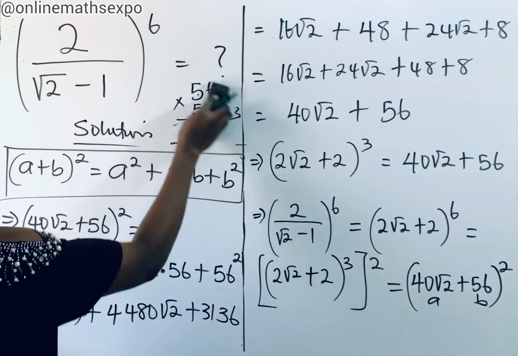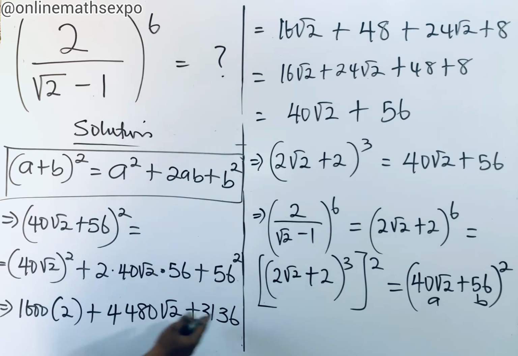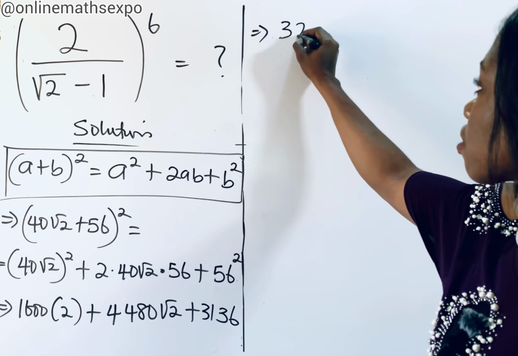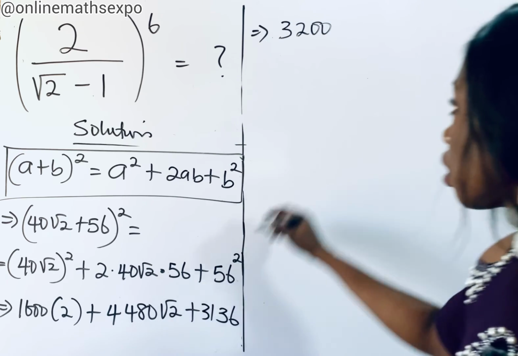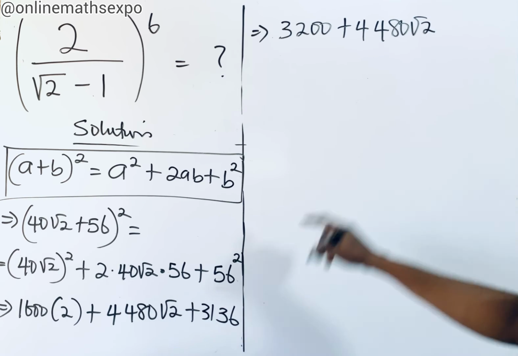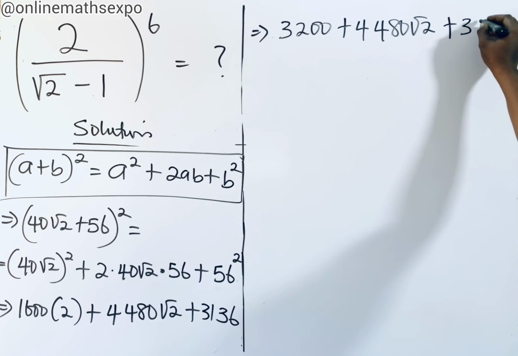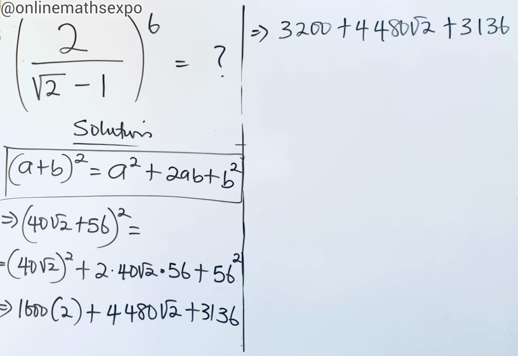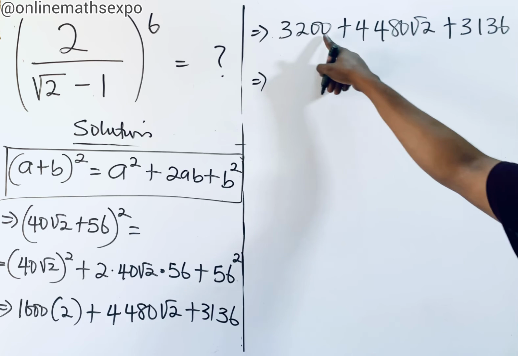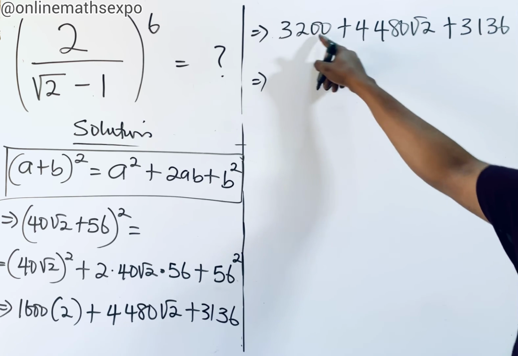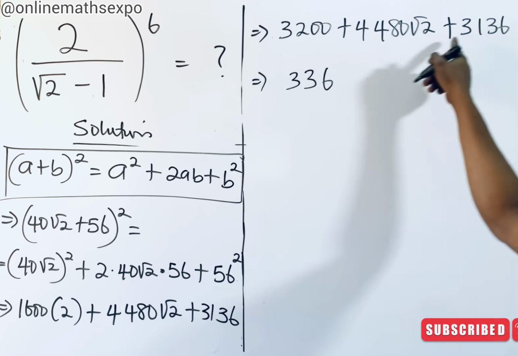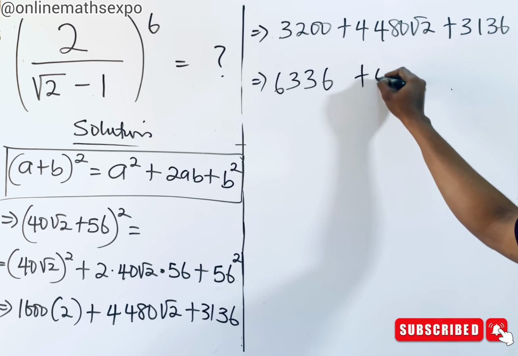So for multiplying that, we got 3,136. Multiply these two, we're going to have 3,200, then plus 4,480 root 2 plus 3,136. So we still collect like terms. This and this are the same. So we're going to add 3,200 and 3,136: 0 add 6 will give us 6, 0 add 3 will give us 3, 2 add 1 will give us 3, and this add will give us 6. So this is what we have, plus